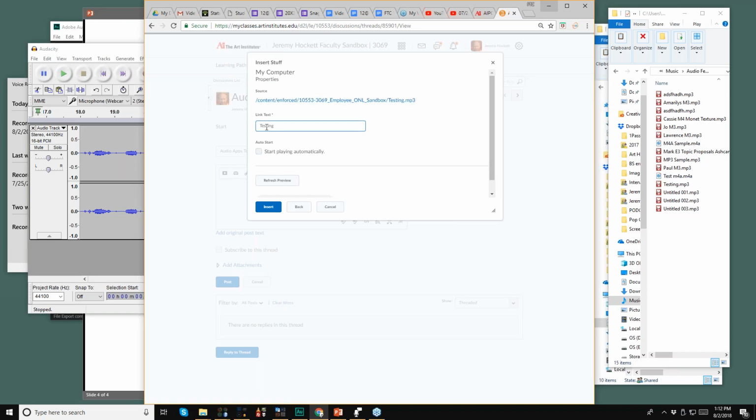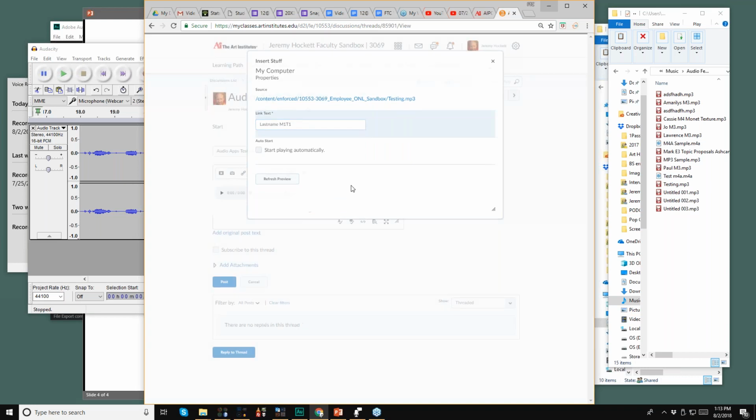It's always going to ask you for a link text. If you want to be using this perhaps for more than one student, something that may be more generalized, give it a very specific naming convention so that you can use the search later. If it's something that you're only going to be doing once, it doesn't really matter what the link text is. So if you're just in a hurry, just type in something. Otherwise, you can put the student's last name and maybe the milestone and task,